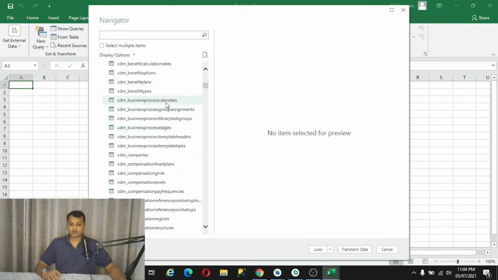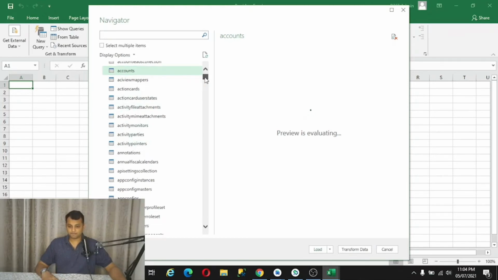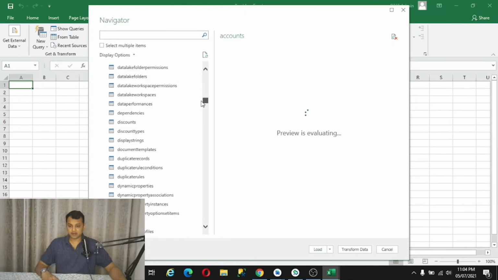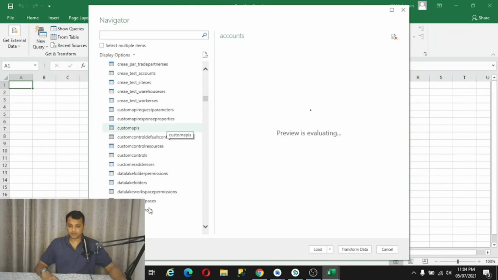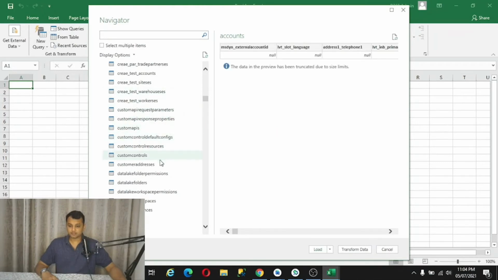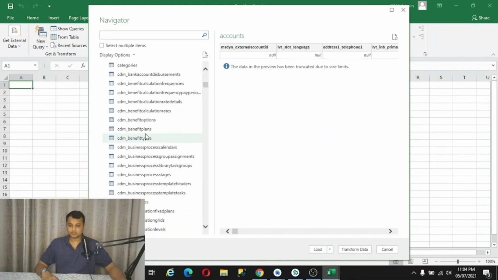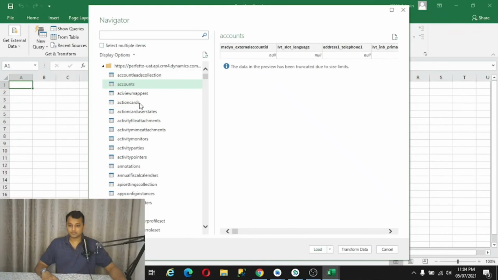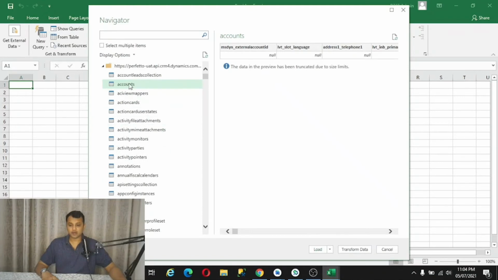For our demo, I'm going to select accounts, or I can actually select another. Okay, let's stick to accounts and then click on Transform Data.